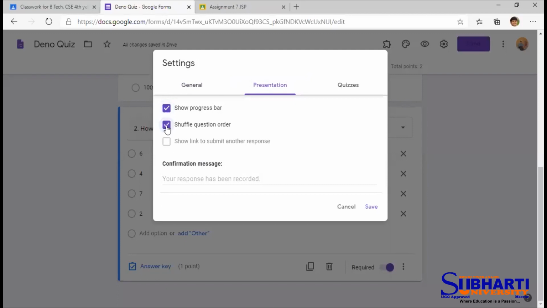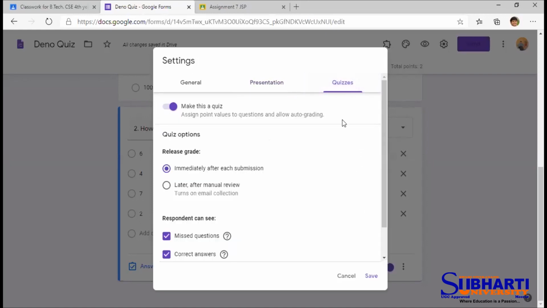Shuffle question is a good option, but we cannot select shuffle questions if we have given question numbers to the questions in the quiz. You know, question number 1, question number 2, question number 3, if they are shuffled, then what will happen? Question number 2 will come at the top. So if we want to use this shuffle option, then we should not give question numbers when we are specifying the questions in the quiz. Fine. So I will not select shuffle question here.